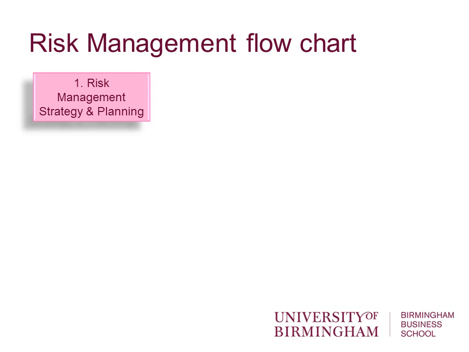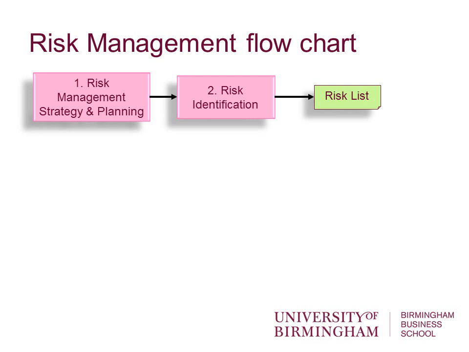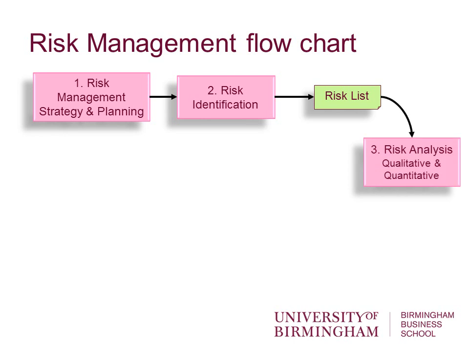So the process involves, first of all, risk management having a strategy or planning process in place, and then the first step is to identify risk. And the outcome of that risk identification process is often a list, a big list of all the possible risks that might impact on an organisation. This can be done sometimes on a regular basis, or when an organisation is going into a new project or a new phase. And then we analyse each of the risks on the risk list, or risk schedule sometimes it's called,